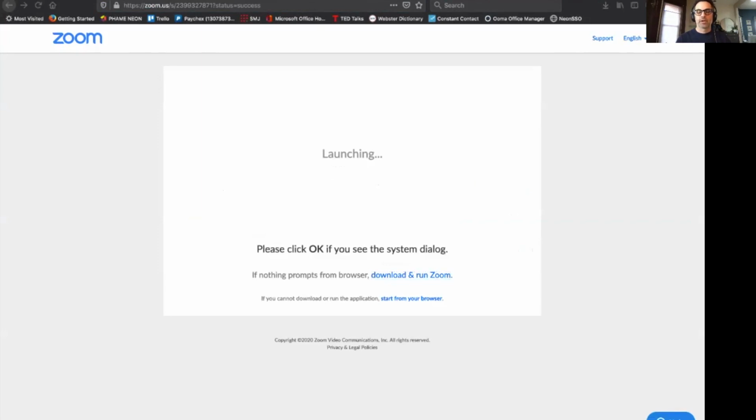And then follow your download prompts. This will look different whether you're on a desktop, a PC, or a MacBook, but you'll get some sort of prompt that says to install the app. So just follow that, click OK, and continue until it's installed. And once you're done with that, it'll prompt you to set up your account. So you'll pick a username, you'll attach an email address to it, and pick a password. Once you've done that and you have the app installed, you're ready to join Zoom and join us in the FAME classes.